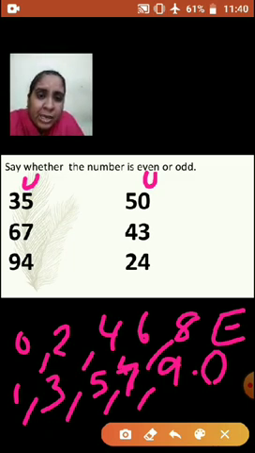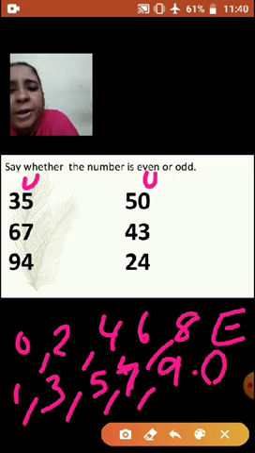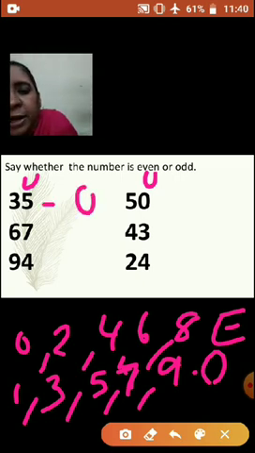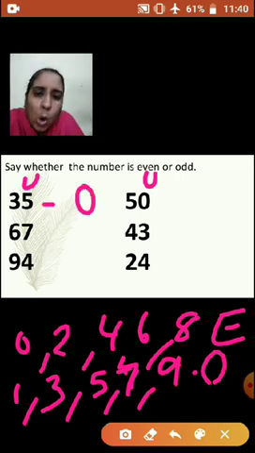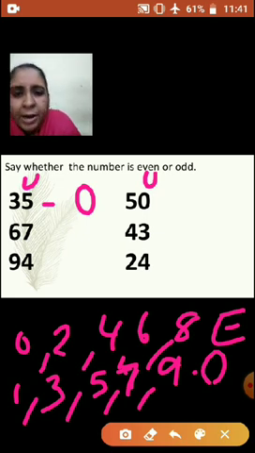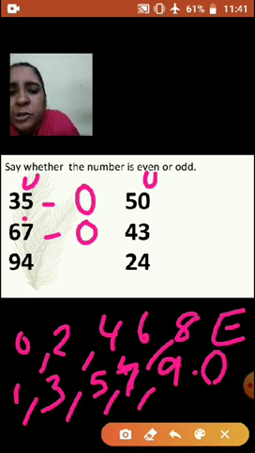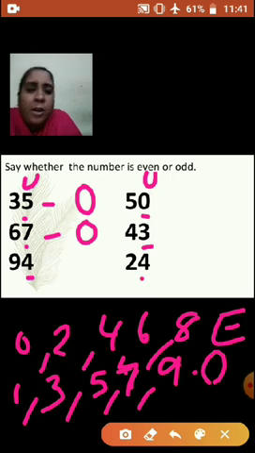Now you see the number in units place. Which number is there? 5. And now see down. 5 is which number I have written there? Odd number. So you will write it is odd number. Now see 7. 7 comes in which column? Even or odd? Odd, right? So you will write here it is odd number. We are only going to see this units place and write whether it is even or odd.